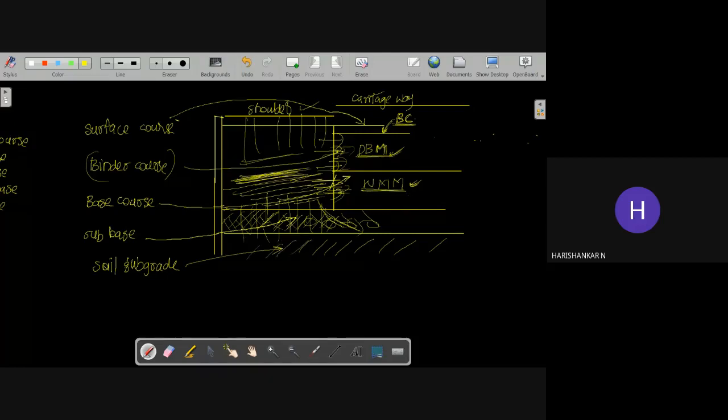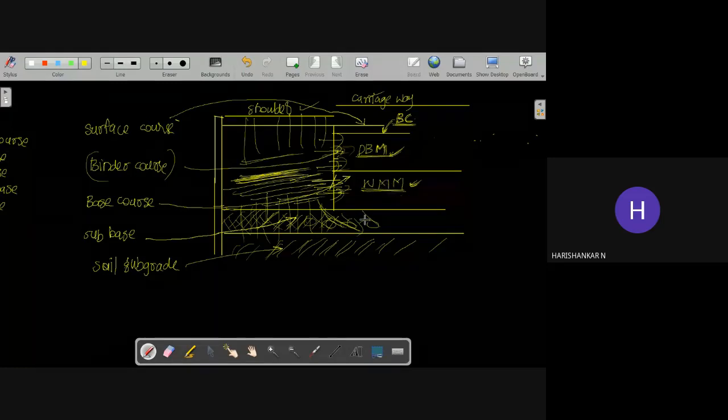So here you can see the soil subgrade, and the subgrade consists of the soil which is obtained from standard borrow pits. Borrow pits means the regions at which the soil can be collected. Then you can make some excavations in the earth in order to get a good quality subgrade soil. So once you get the subgrade soil, you have to compact the soil up to the desired moisture content and up to the desired density. So in that way, you can simply make the subgrade soil.